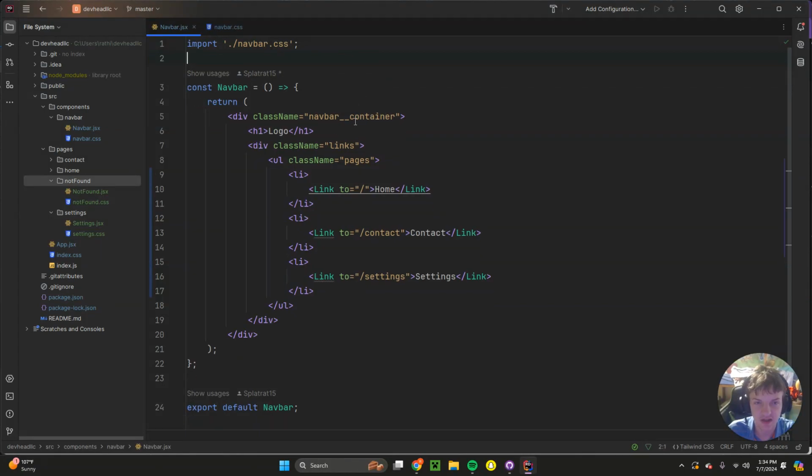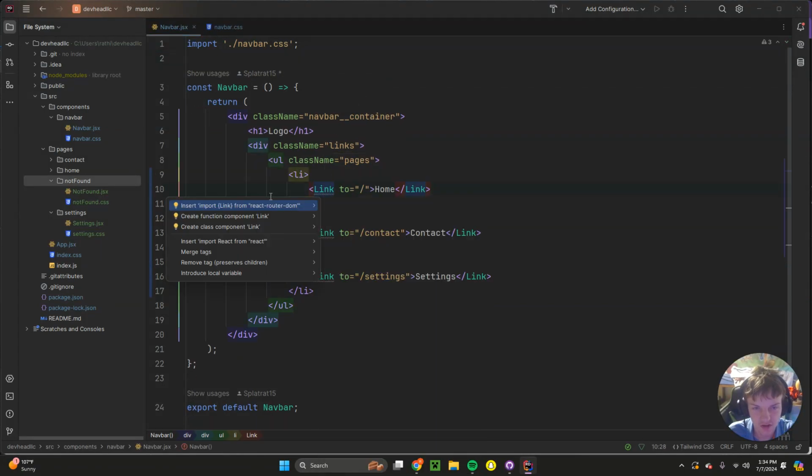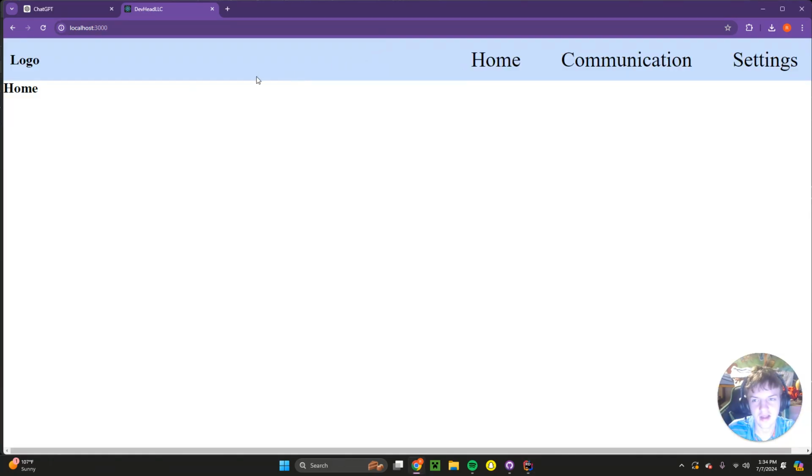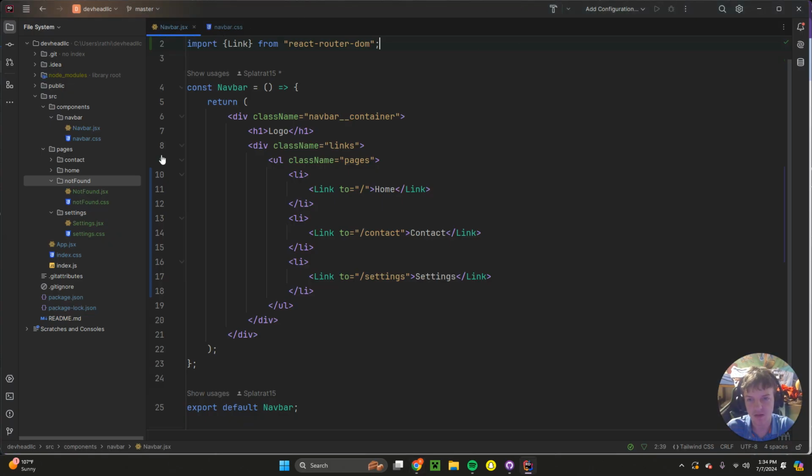Hold up, is that actually the right import for context? Oh yeah, you need the curly braces. Now we have them as that. Oh wait, okay, so you see that underline? Meaning we need to add something to the